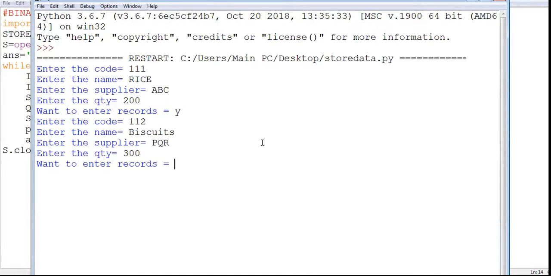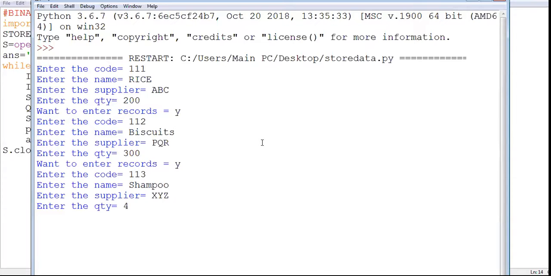Want to enter more records? Yes. Enter code 113. Enter item name shampoo, supplier XYZ, quantity 400. No, I don't want to enter more records.